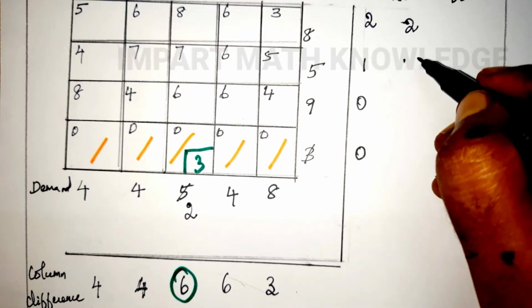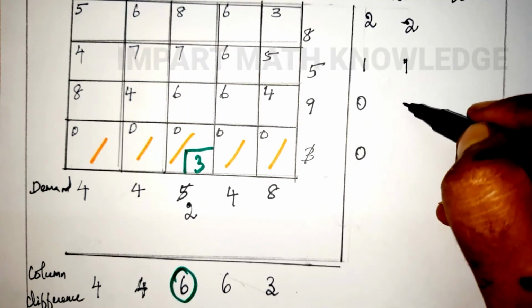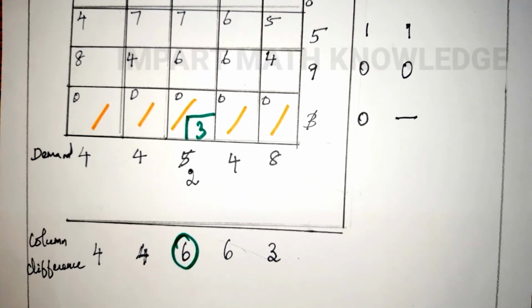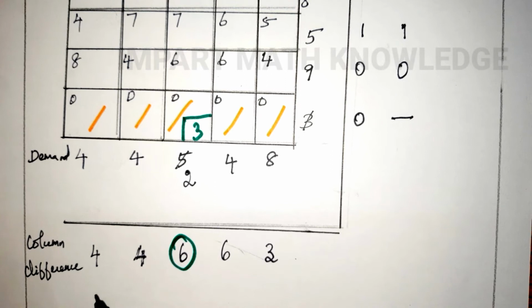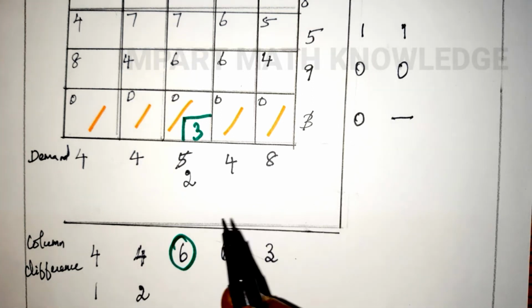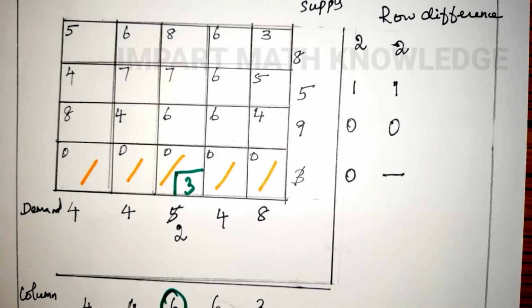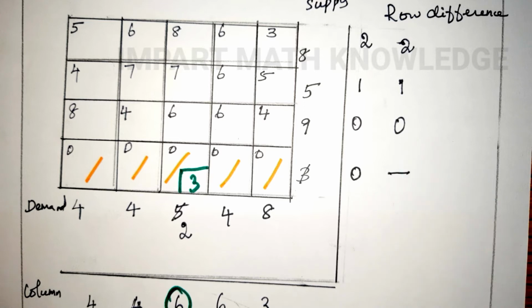For the next allocation, you take the difference again. 2, 1, 0, dash. These allocations are over, so no need to find the difference. The column difference. Least number is 4, next least is 5, so the difference is 1. Second column, least number is 4, next least is 6, so the difference is 2. Third column, least number is 6 and the next least is 7, so the difference is 1. The fourth column, 6 only, so the difference is 0. And the last column, the values are 4 and 3, so the difference is 1. The highest penalty is 2. It comes in 2 places, so you can select any one.